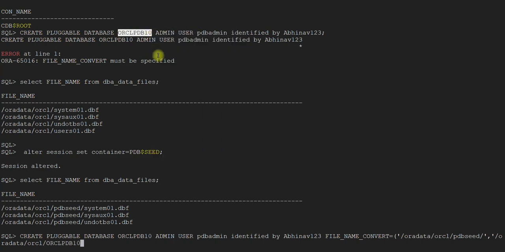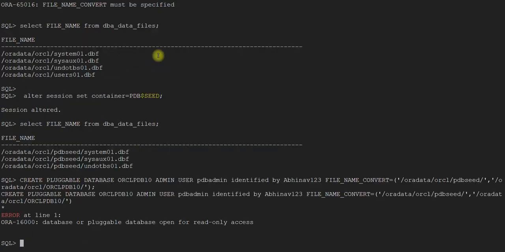Okay, let's see if it creates. So what is it saying now? Okay, so the error is not an issue.